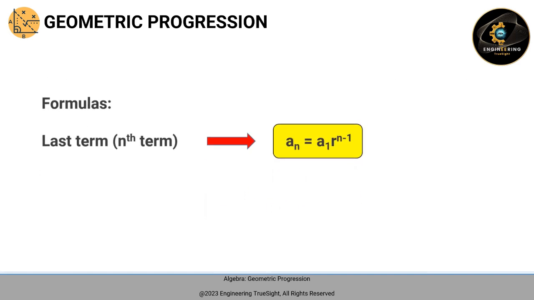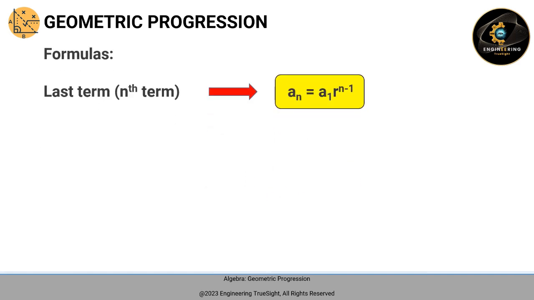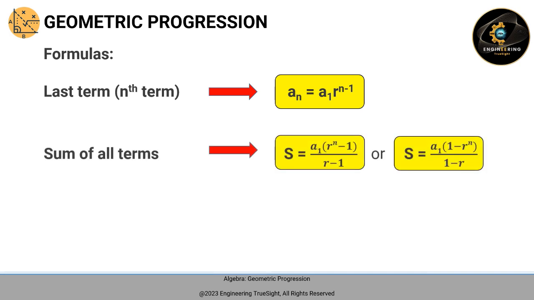For the second formula, the sum of all terms formula, s is equal to a sub 1 times r to the power of n minus 1 all over r minus 1, or s is equal to a sub 1 times 1 minus r to the power of n all over 1 minus r,